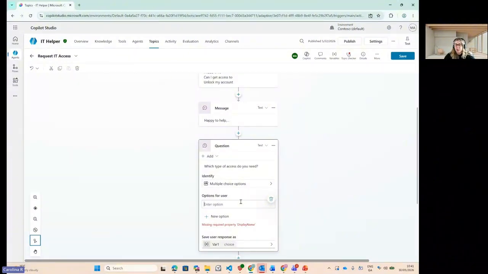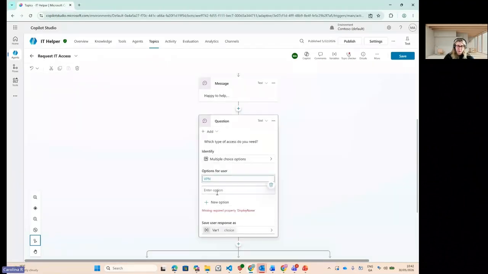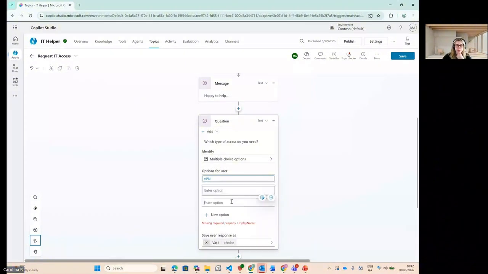So here, let's say they will have VPN. Then another option will be M365. And then here